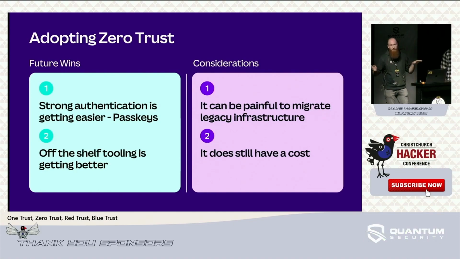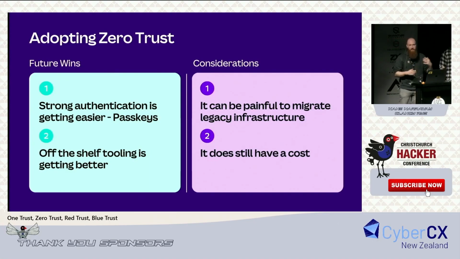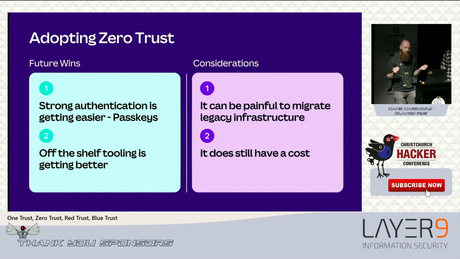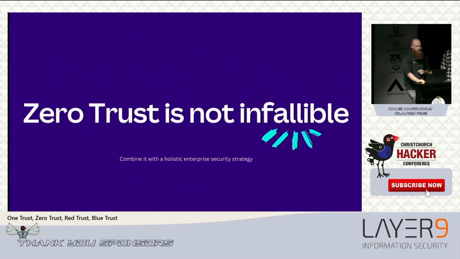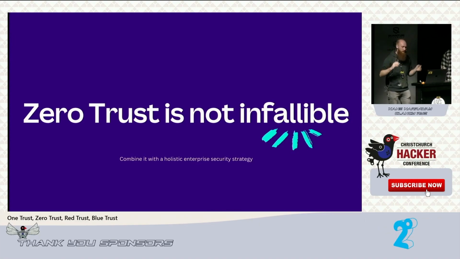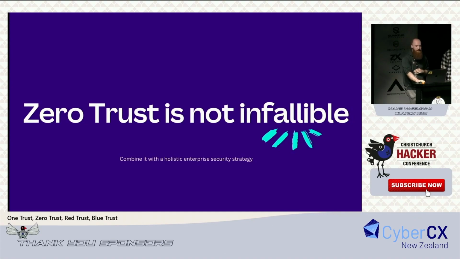If you are a BYO-heavy company, you're not going to be able to do it, right? You need corporate-owned devices, and that comes with a cost. You might need security keys. That additionally comes with a cost. But I do think passkeys are going to be a bit of a help here, because the cost is much lower, and they are much easier to implement. But it's not infallible, right? And so zero trust is a small part of a wider enterprise security program. So you still need to think about things like application control, enterprise browsers, and of course, just having good incident response, because you're not going to be able to stop all of the breaches.